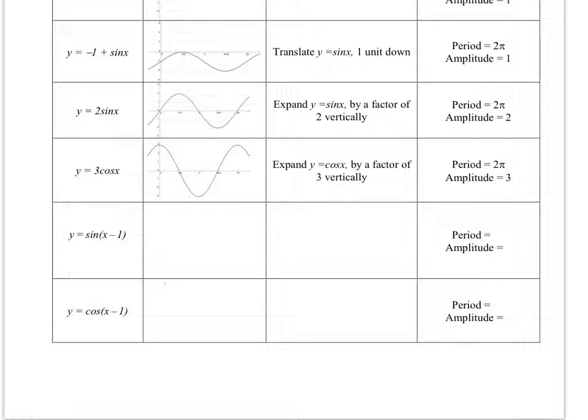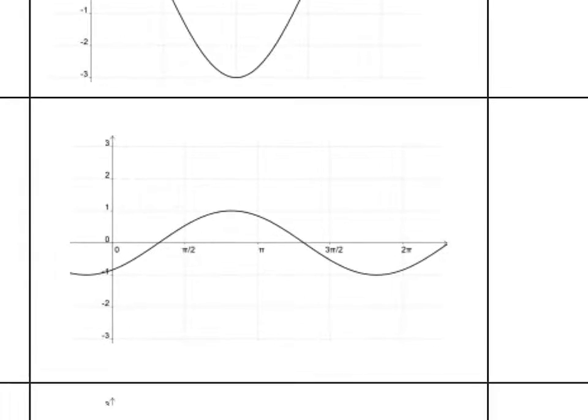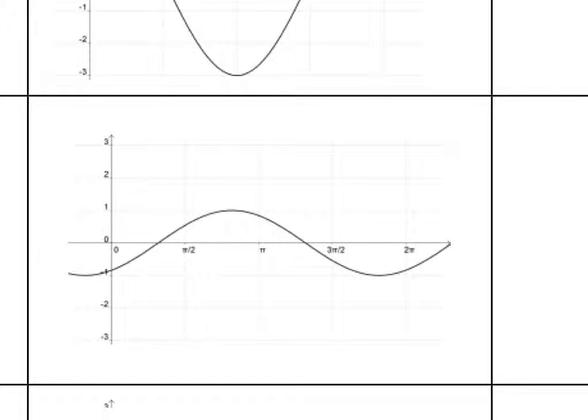In the next one, this one here, the sine of x minus 1, if you replace every x with x minus 1, it should have the effect of shifting a graph 1 unit to the right. So if you think about what sine of x looked like, sine of x started at 0, started to go up at 0. And this one, if we zoom in on this, you can see that instead of starting at 0,